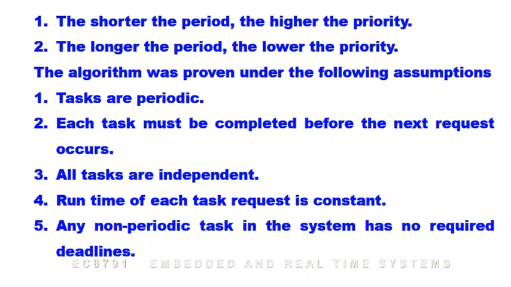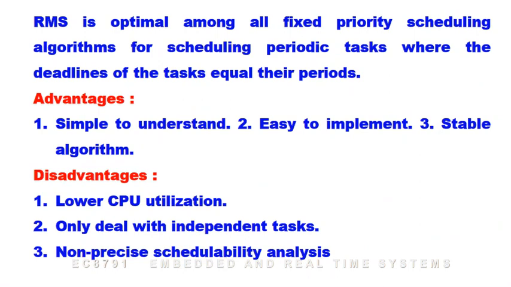Tasks are periodic. Each task must be completed before the next request occurs. All tasks are independent. Run time of each task request is constant. Any non-periodic task in the system has no required deadlines. RMS is optimal among all fixed priority scheduling algorithms for scheduling periodic tasks where the deadline of the task equals